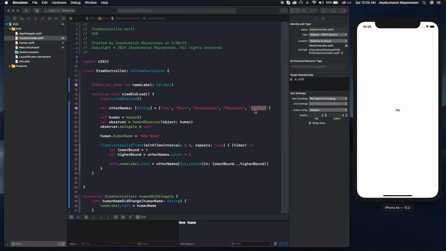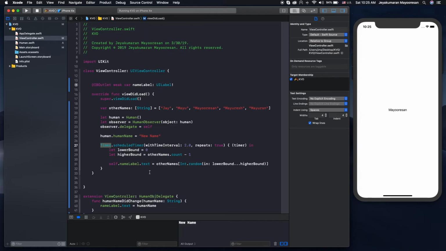So new name, J, Mayu, Mayuresan, J. As you can see, this timer is being called over and over again every 2 seconds, and these strings are randomly assigned to this text here. So this shouldn't be the right way of doing it. So what I'm going to do is